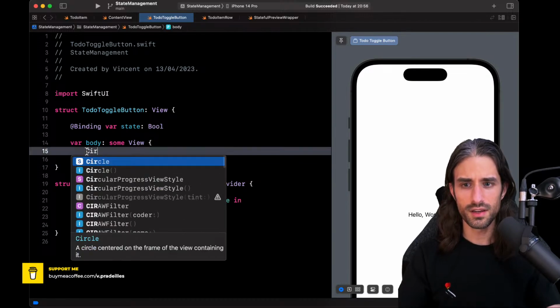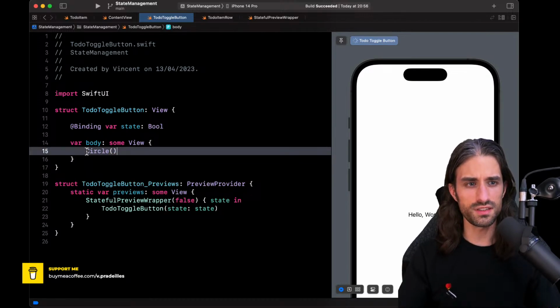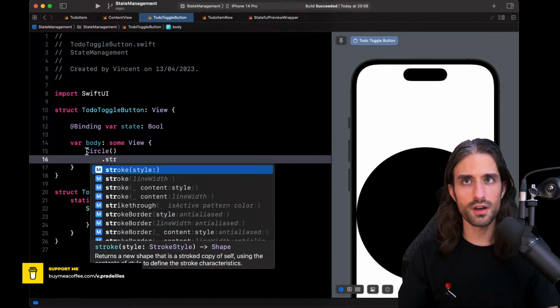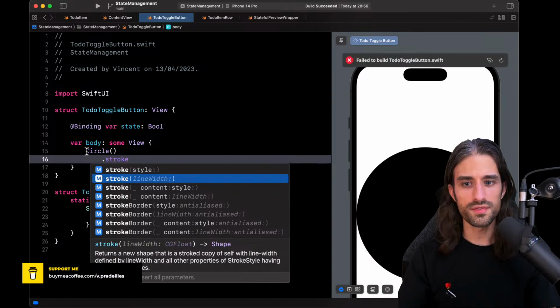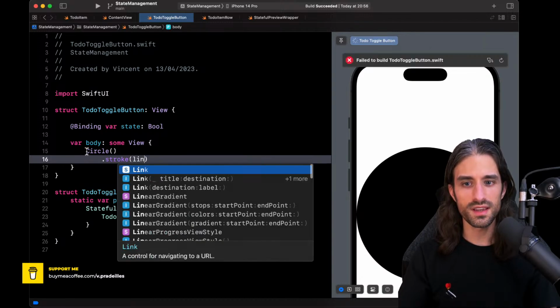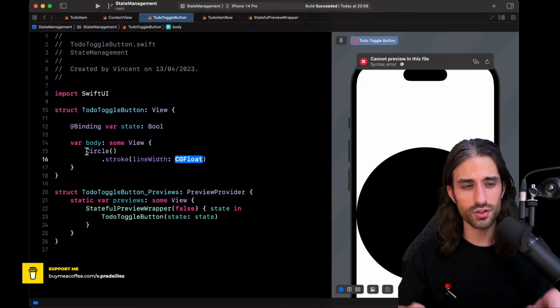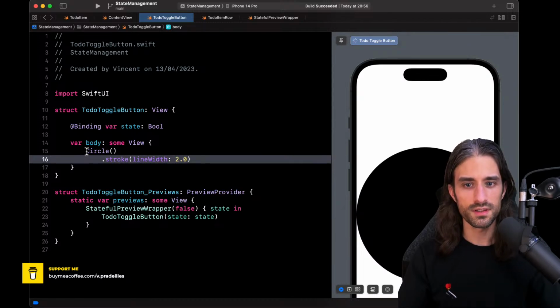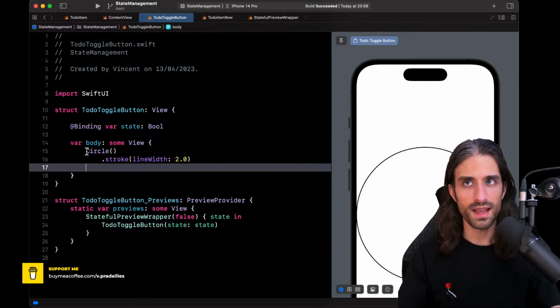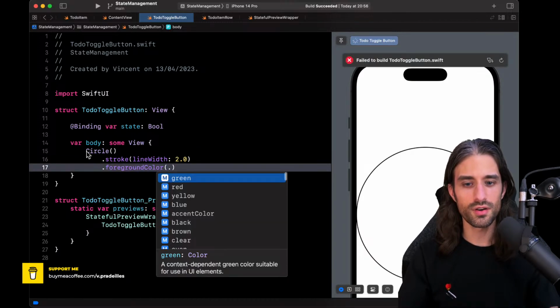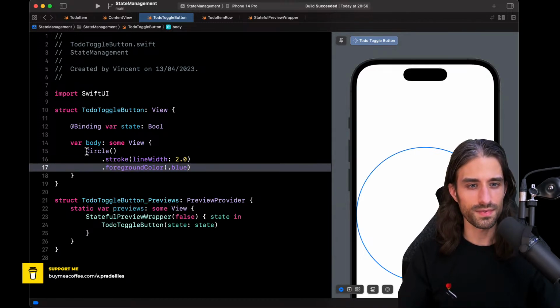I can use a Circle, which is a SwiftUI shape, and on it I can use the stroke modifier with a line width to say I want to only have the stroke of the shape, meaning its border, something like that. And then say I want to have a foreground color of blue, like this.